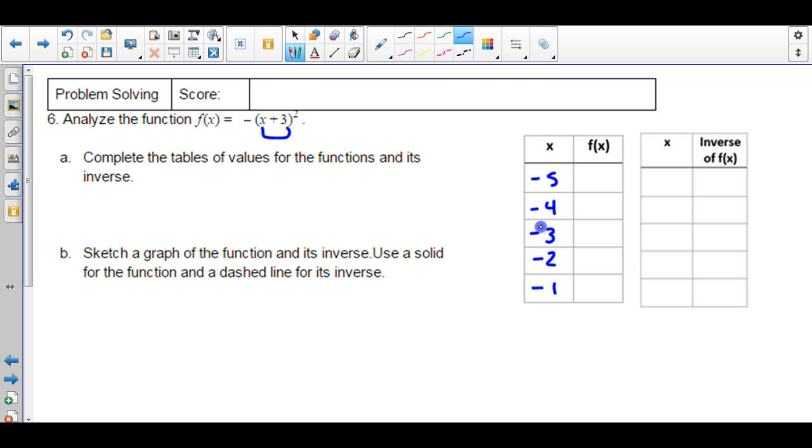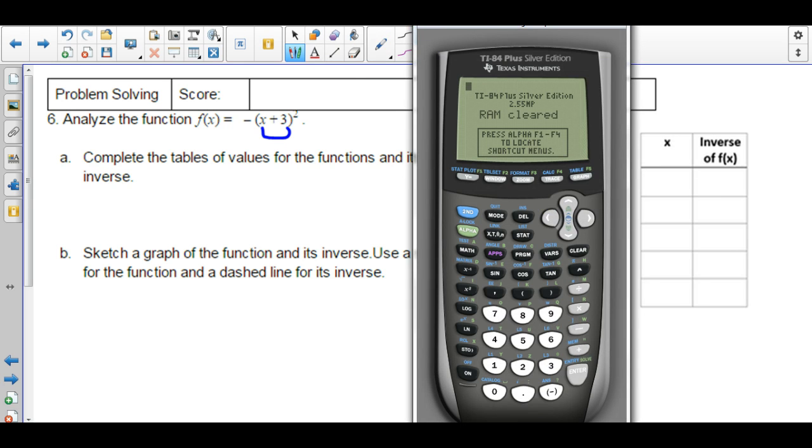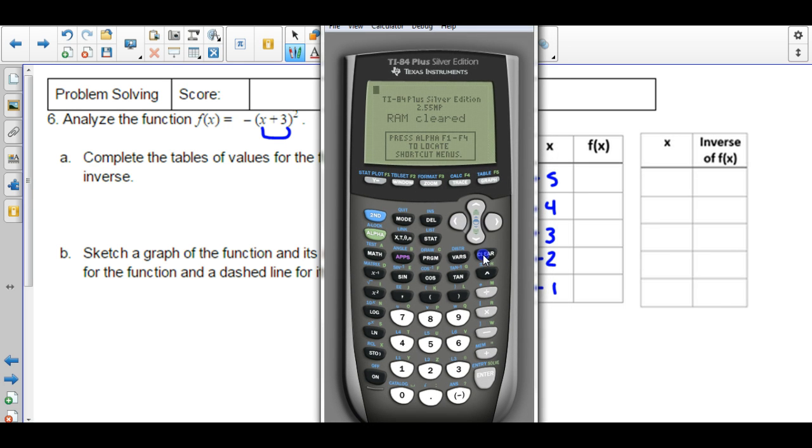And remember, whatever x's you put here will eventually just bring them over here for the inverse function and flip-flop the x and the y values. What you guys can do is go to the graphing calculator. If you don't want to substitute every one of these values in, I can go to y equals, and I'm going to type in this function just as I see it: -x plus 3